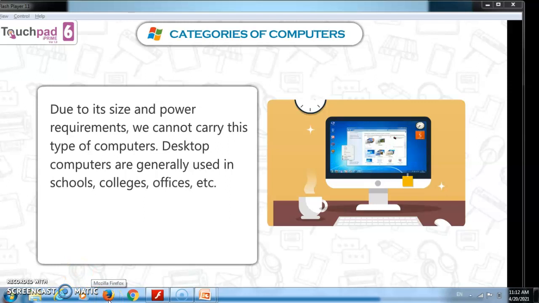Desktop computers are generally used in schools